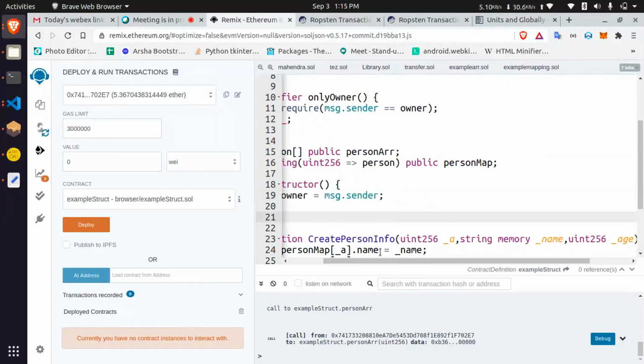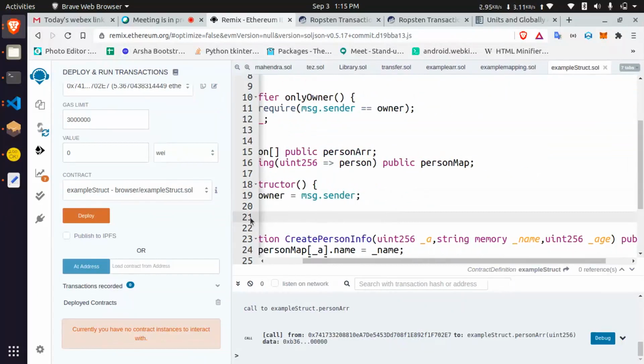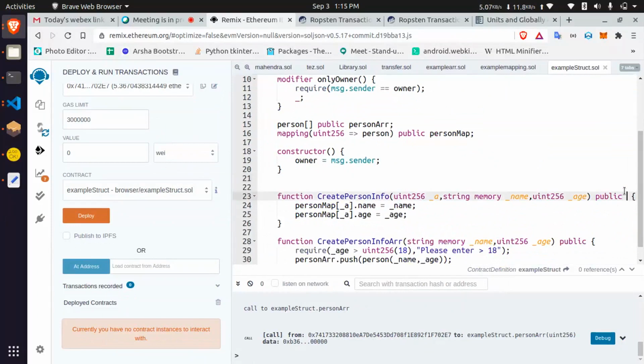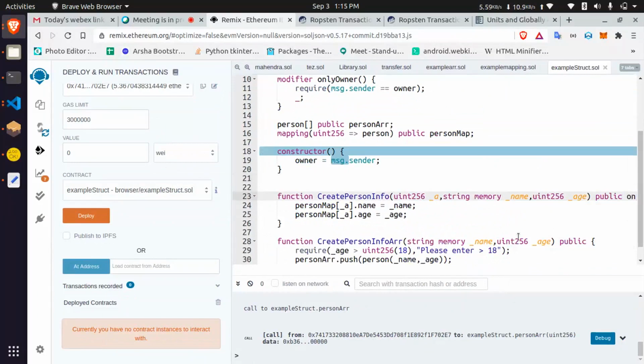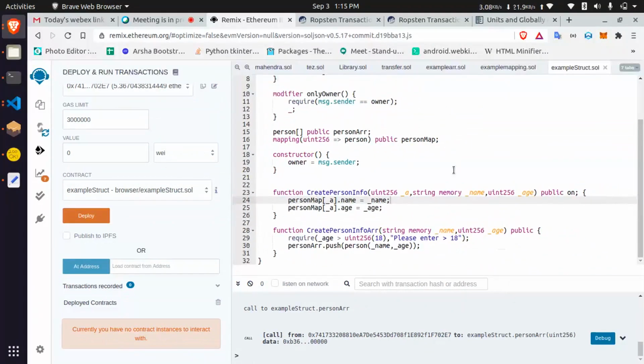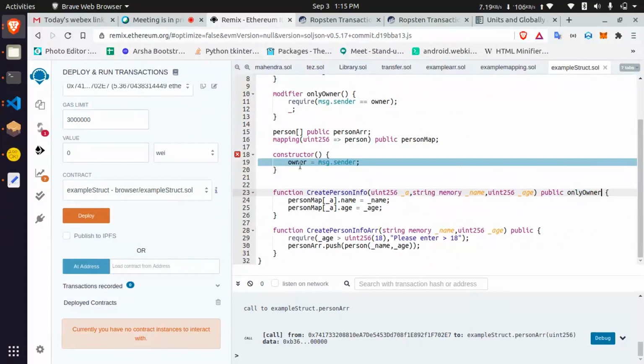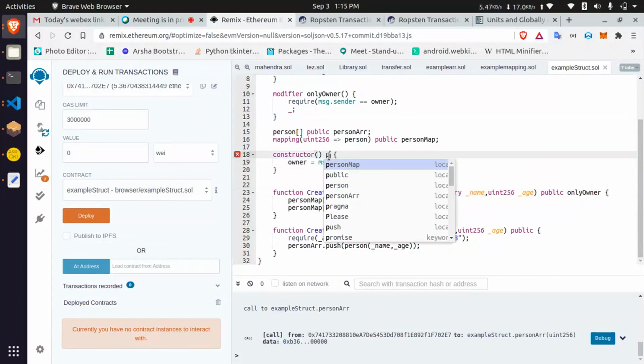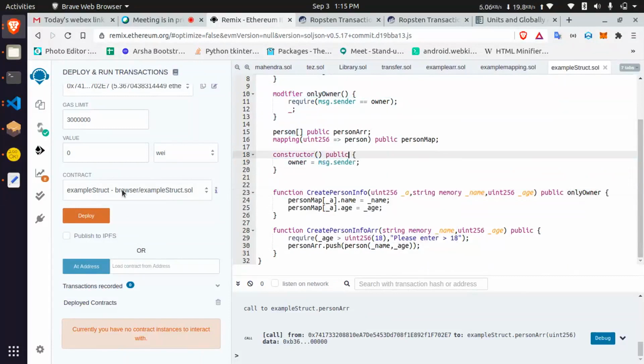Let's modify this. Only owner. Okay, perfect.